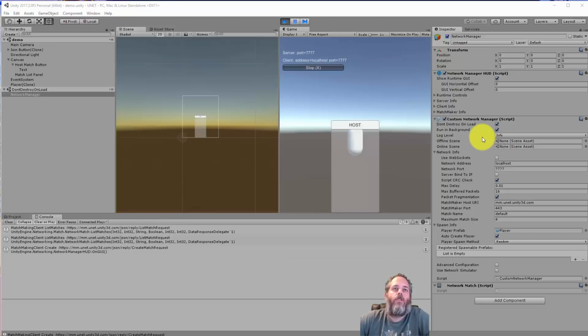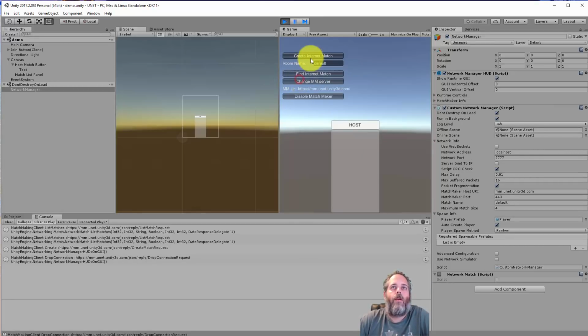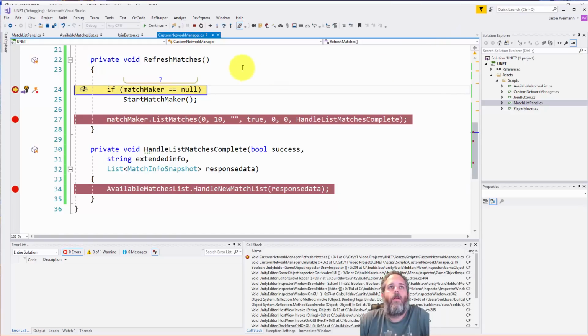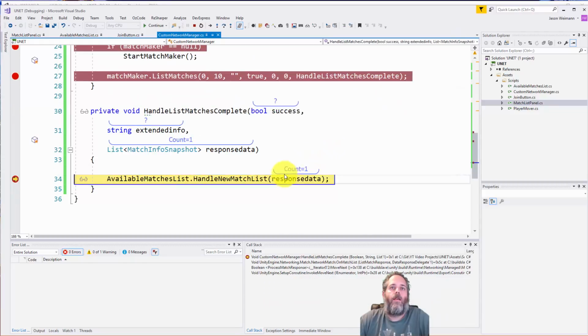And you notice that nothing changed. And there's an important reason for that, and something I really want to bring out, which is that when we're hosting right now, we're hosting a LAN game, and this method that we're calling to get the list of matches, that's for a matchmaker game. So if we used enable matchmaker, hit create internet match, and then disable and re-enable it, suddenly you'll see that this code is hitting,